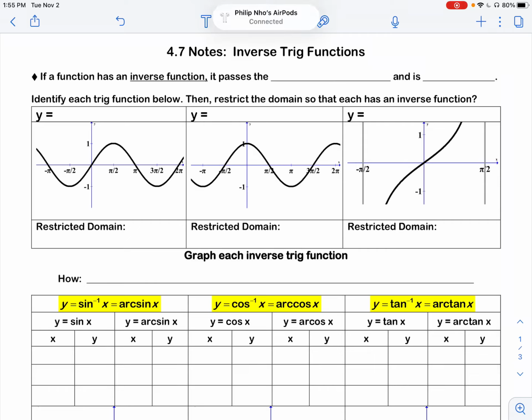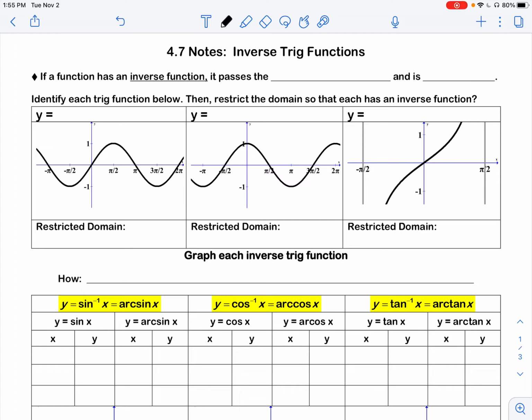Now that we've had a chance to spend a significant amount of time actually working and looking at the graphs of trigonometric functions, I actually want to now talk about inverse trigonometric functions. And I want to start by looking at the graphs of inverse trigonometric functions and see how these graphs are formed. And while we won't necessarily be responsible for graphing inverse trig functions in this course,